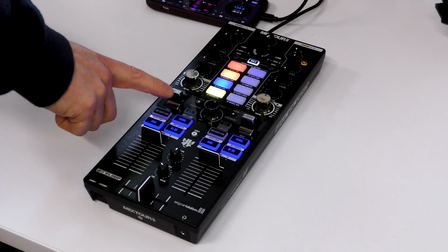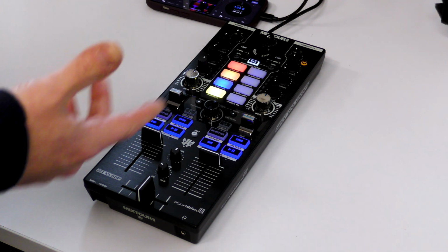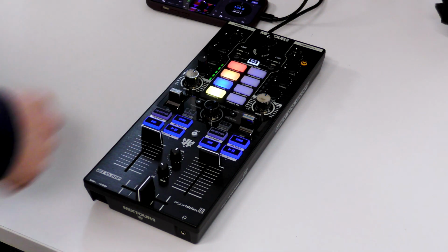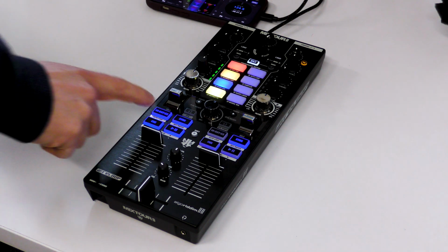Also new is the one button loop feature. This is a feature designed by Laidback Luke, who just wanted to be able to put in and exit loops very quickly without hitting multiple buttons. So this works very simply just by setting in a loop point, setting a loop out point, and exit the